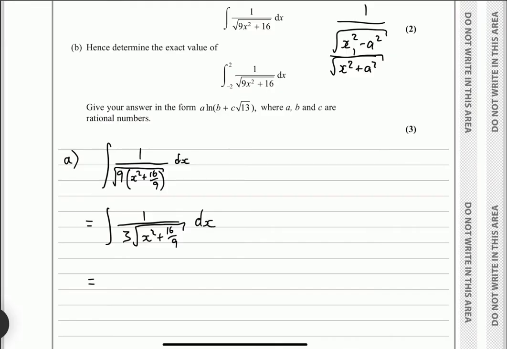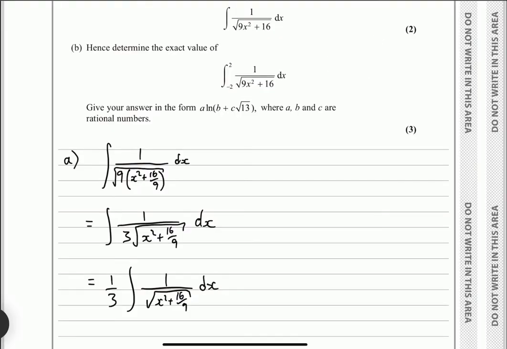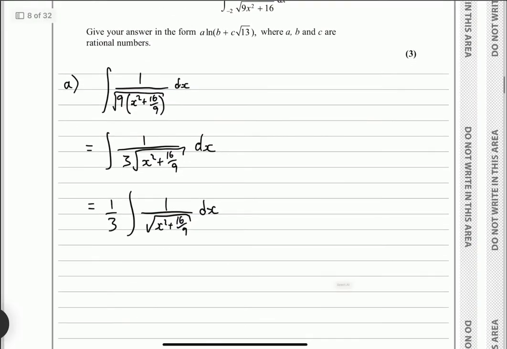And in fact, I will bring it outside the integral altogether. Having a sneaky peek at the formula booklet there, I can tell you that this is arcsin of x over a, where a here is 4 over 3, the square root of this bit here. So x over a becomes 3x over 4